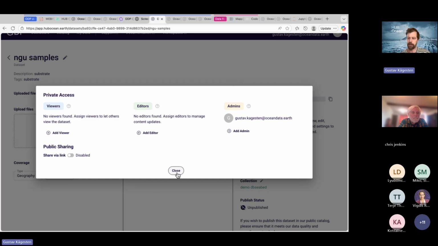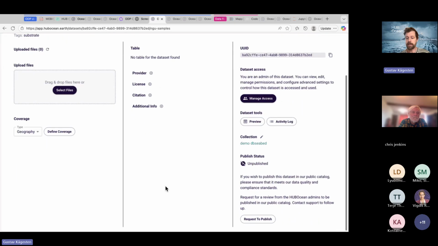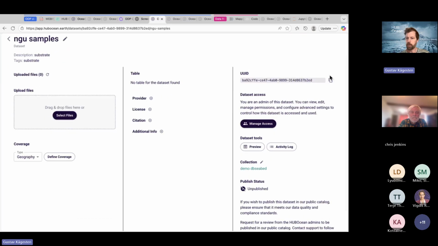So this is a way to develop either data or metadata together, and to work with maybe more sensitive data. You can also request to publish a data set, and that means we'll ensure it has the bare minimum of metadata and it's yours to be published, and then it will be on the catalog for everyone. You also, of course, importantly get this ID that's your key to talk to this data from anywhere else.